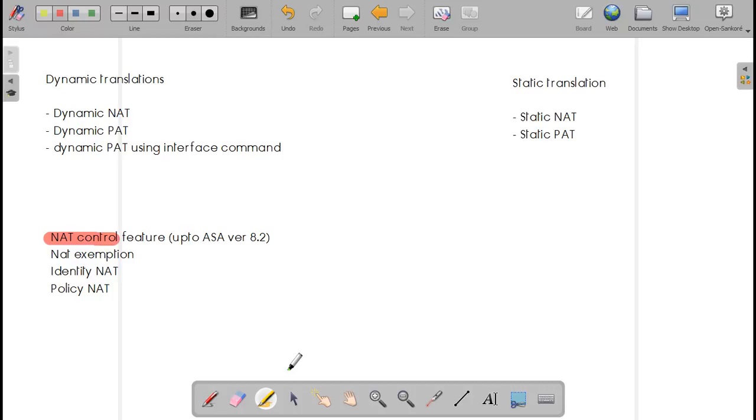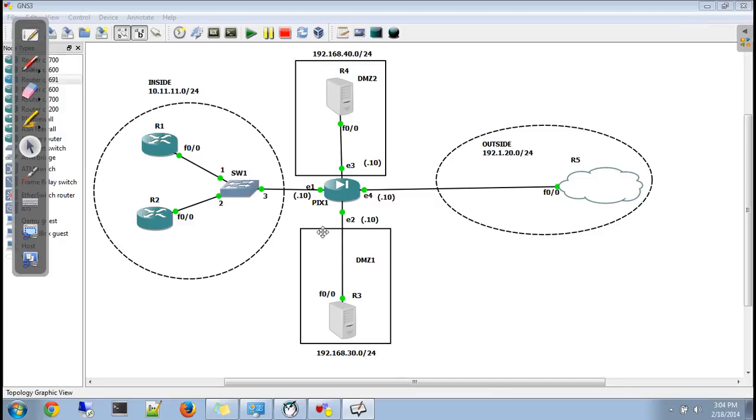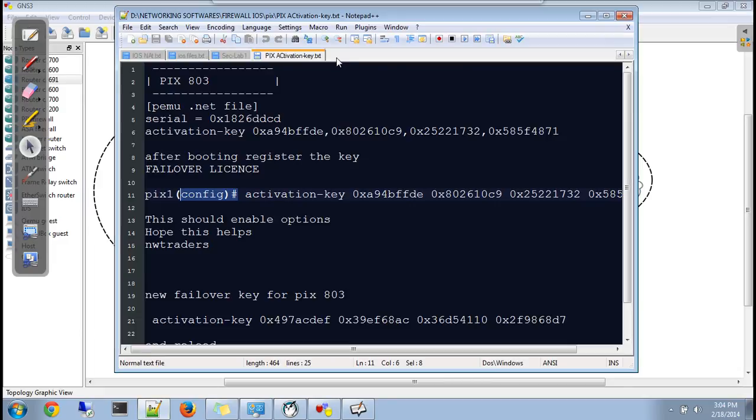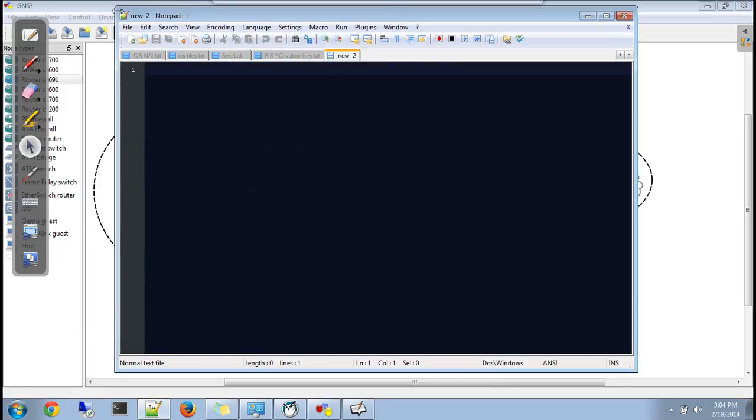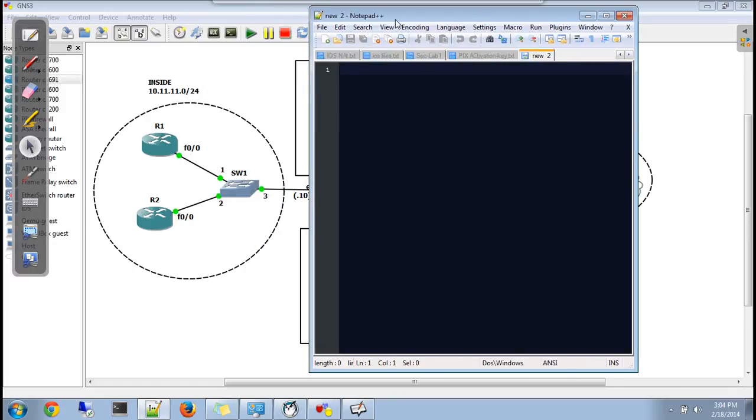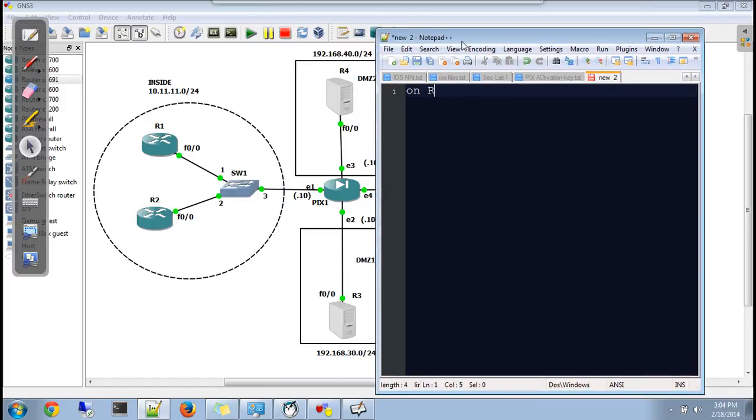Very first, you need to know what the NAT control feature is. For this, I'll quickly set up the topology so that we can go through the working. So I'll just configure this quickly. My configuration on router R1 will be: interface F0/0 with an IP address 10.11.11.1, 255.255.255.0.